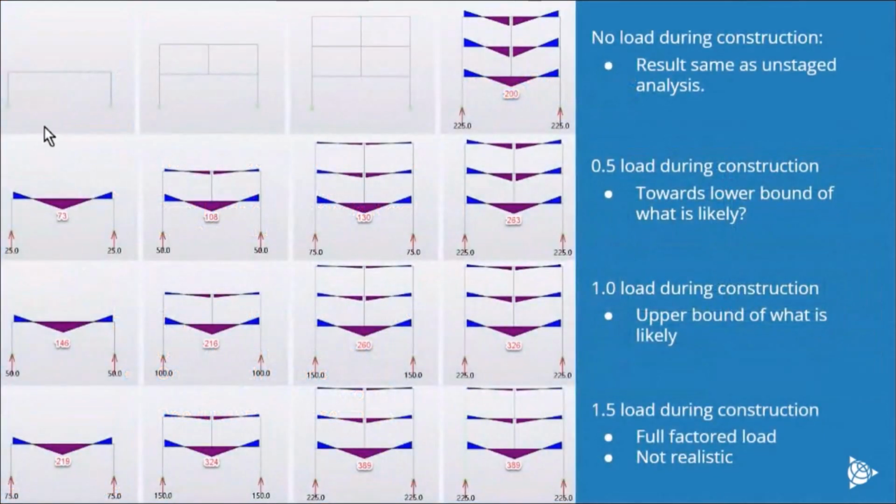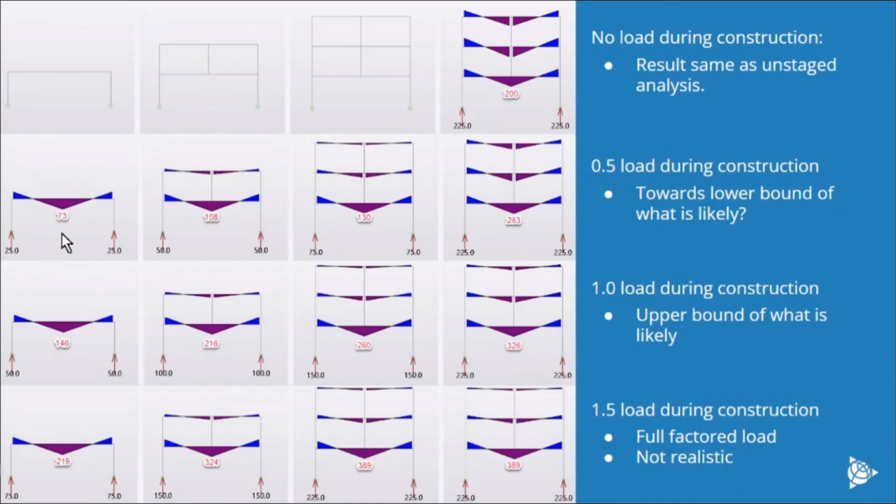And so these 4 analysis runs. So the run where I've got no load during the construction, as I've again alluded to earlier, the model evolves, but there's no load on it, so there's no stress in it. And then I apply the load in the design stages. So these are the 3 construction stages, and this is the design stage in each case. Apply all the load in the design stage, and I just end up with the same results as I would have had from a traditional 3D analysis.